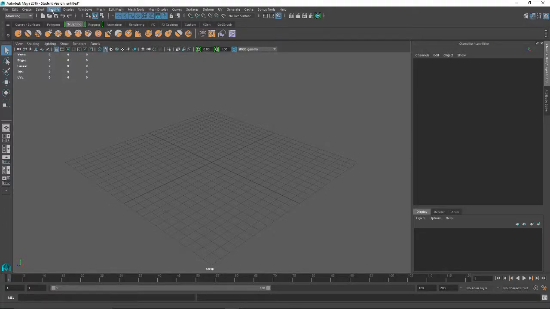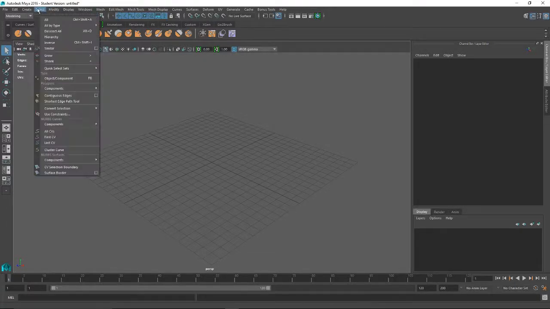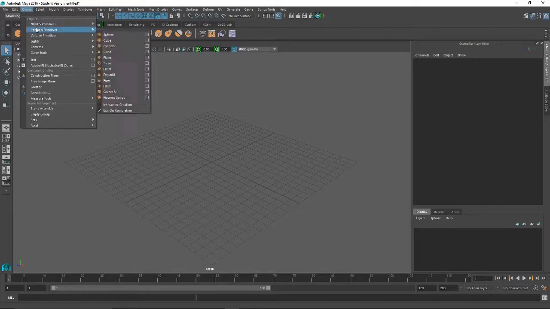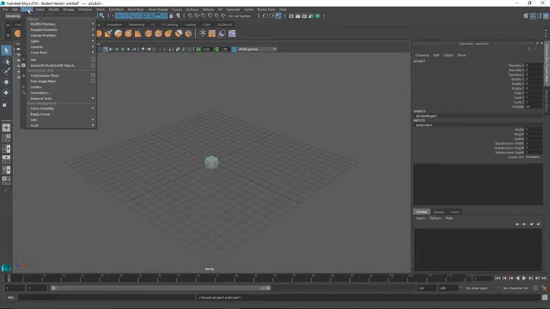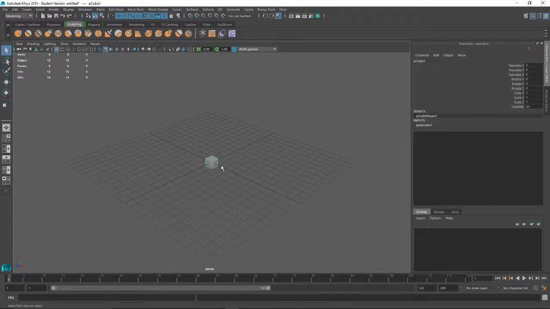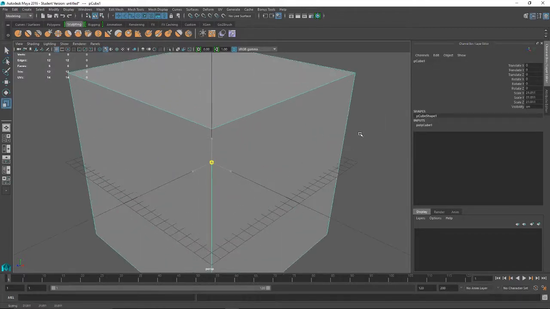So today we're going to try to model a character, and this isn't the only way you can model a character, but it's the way that will probably teach you the most possible ways to model a character. So the first thing we wanted to do was create a polygon primitive cube, scale it up big because we're going to be doing some sculpting on it,